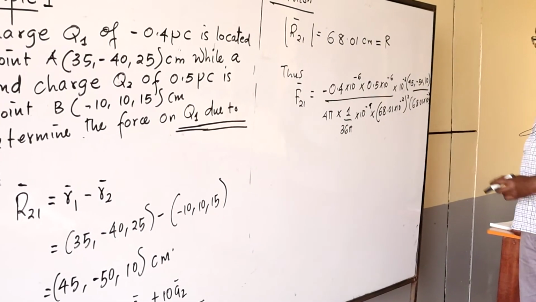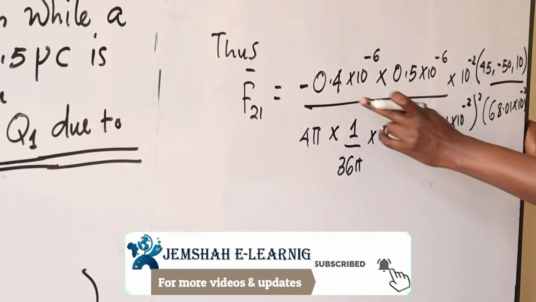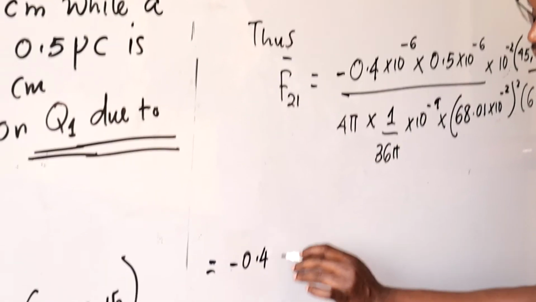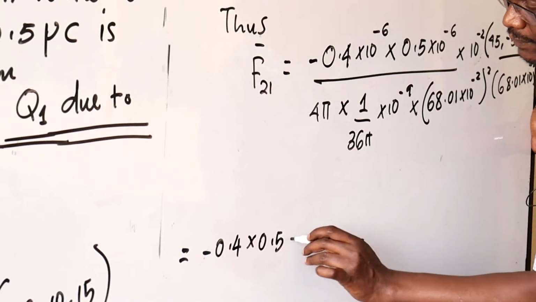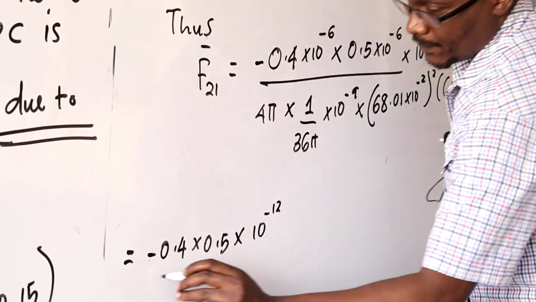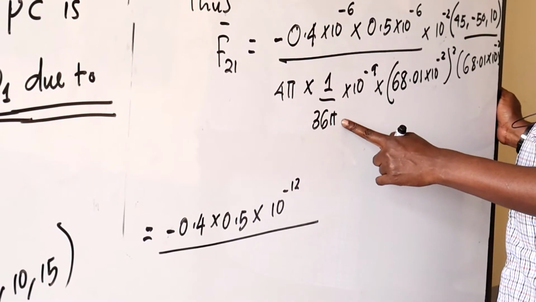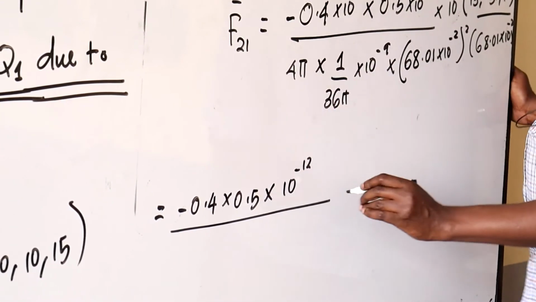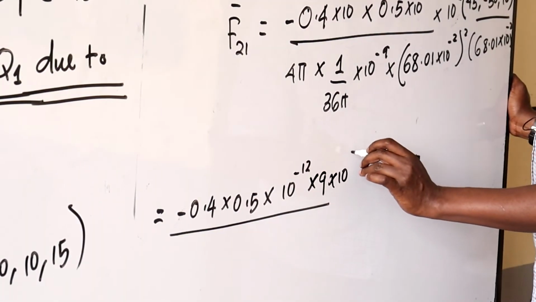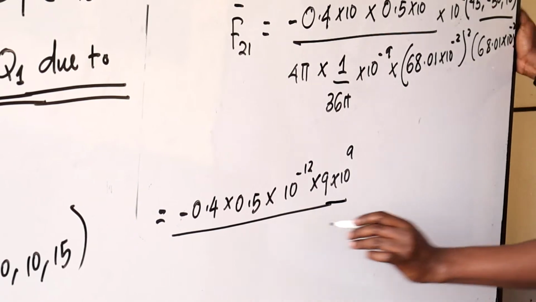Now, if we try to simplify that, let me just move a bit for space. Now, this will be what? Negative 0.4 times 0.5 multiplied by 10 to power negative 12 all over. Simplify this and this. There is a 10 to power 9 here. I mean, there is 1 over 9. So this will be times 9 times 10 to power 9. This goes up. So we are through with the whole of that term, all over